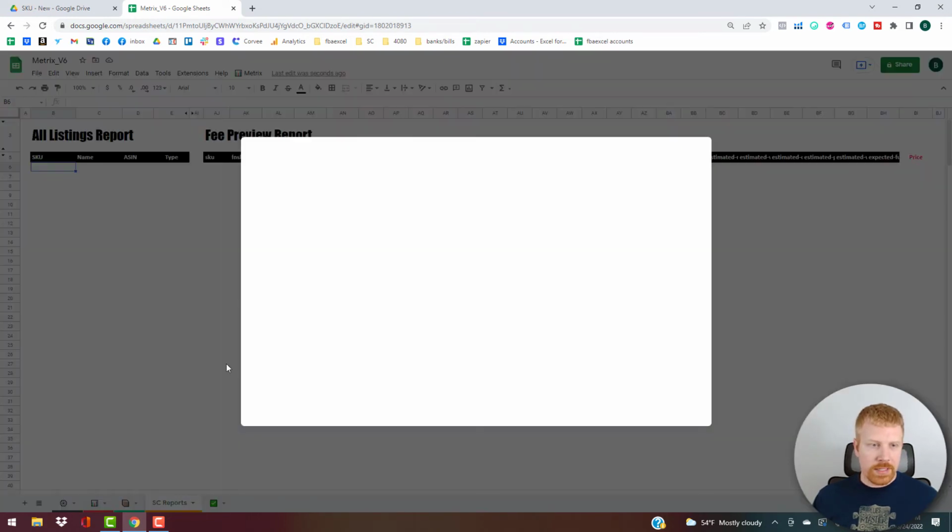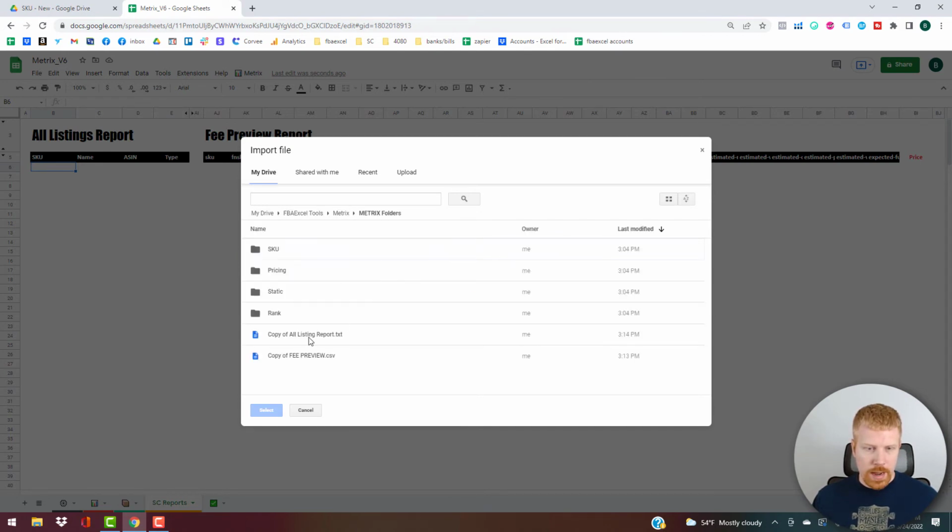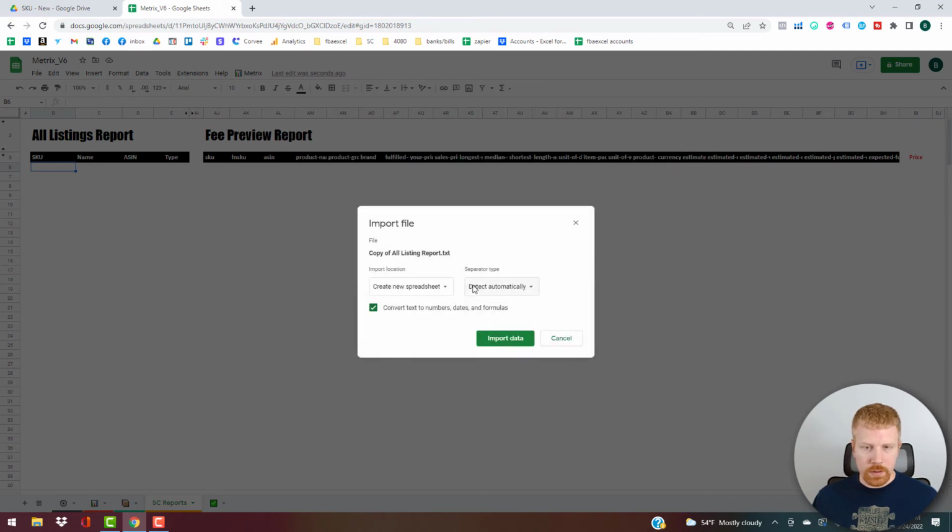If you have this data from another one of the FBAExcel tools, you can just copy and paste it over. But I'm going to go ahead and just do this again. So I think we saved it under tools, Metrix, and Metrix folders. So I'm going to grab my all listing report. Let's do that first. I'm going to go insert new sheet, import data. You can see we just need to get the SKU name, ASIN, and then we want to know if it's FBM or